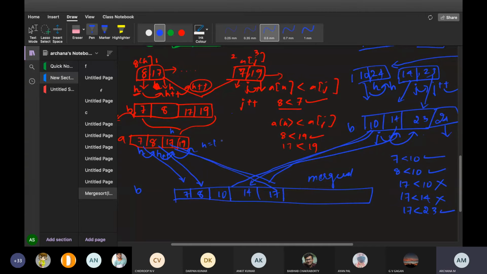So H is 19. This is not incremented. Still here only because we have not put this value. As soon as you put the value, increment it. Now is 19 less than 23? Yes, the condition is true. Put this value here. Look here, after putting this value, can I increment the value of H by anyone? No, you cannot increment. Look here, this is very important. This is where, when you have more arrays, you will come to know. I cannot increment the value of H by anything.